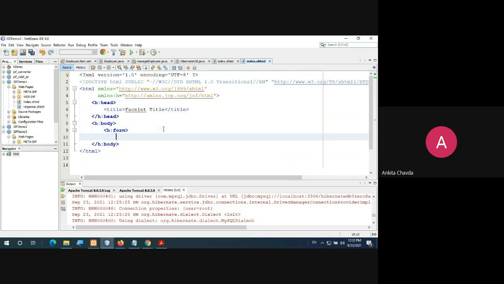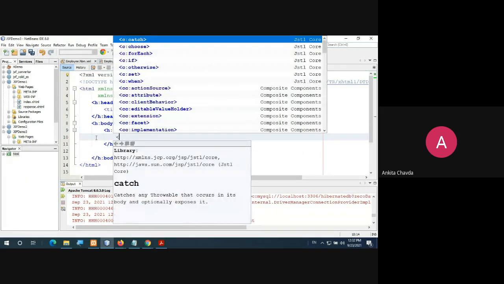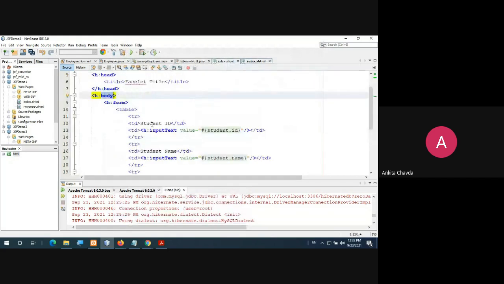So this is what you will do. Inside this you have created a table. In the first row, the very first column is about student ID. How will you take the input? So you have h:inputText.